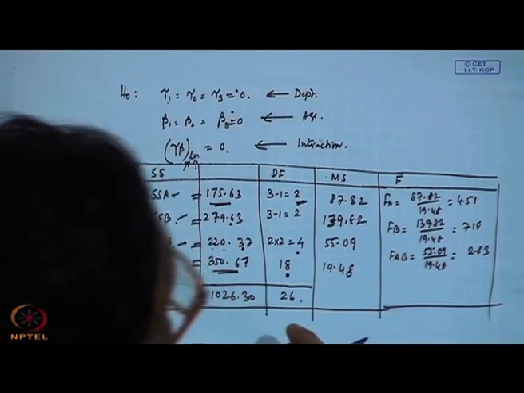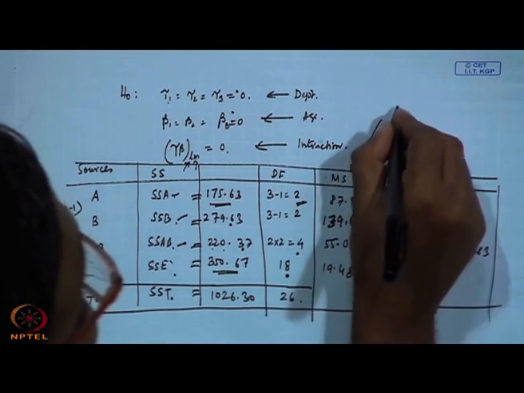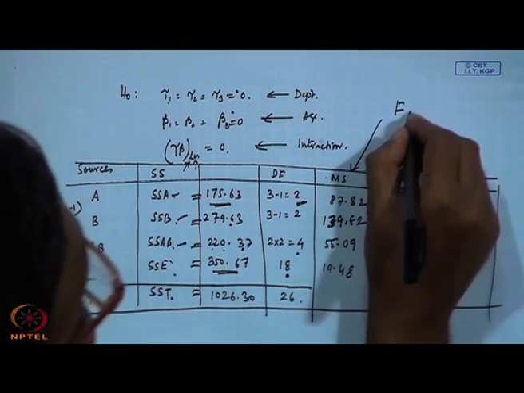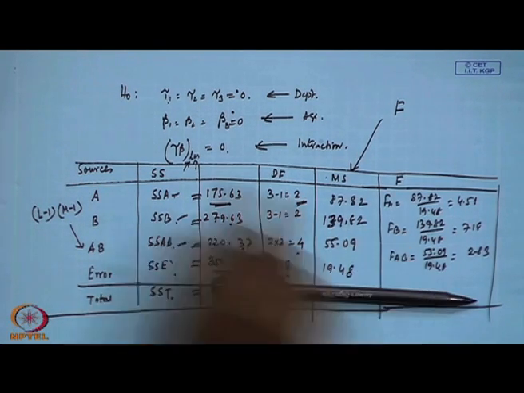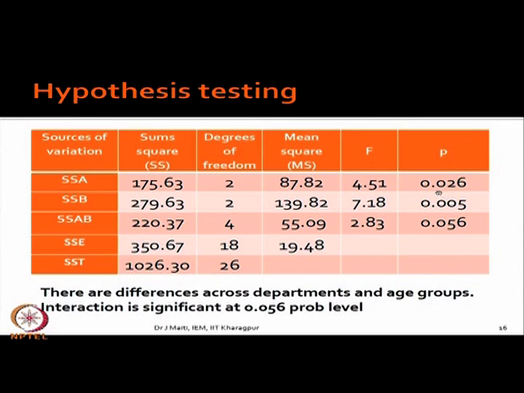What you require now? You require to find out the tabulated value. Let's say alpha value you take 0.05, all those things. Now, see this, we have identified what is the p value for F equal to 4.57 with degrees of freedom 2 and 18. This is 0.026, it is less than 0.05. Second one is also less than 0.05, but third one is not less than 0.05.